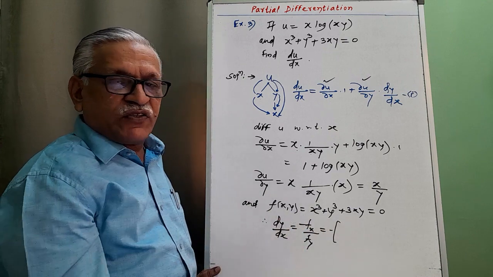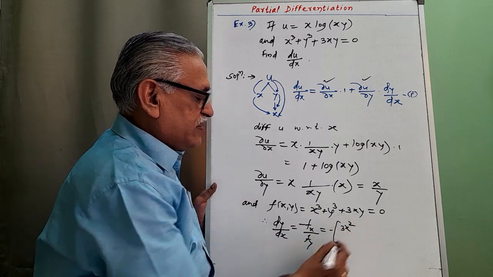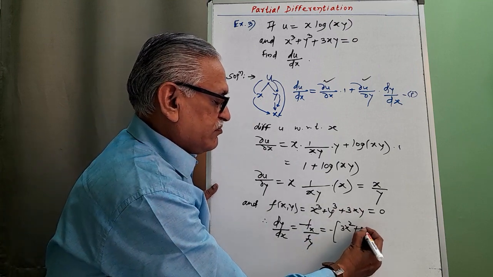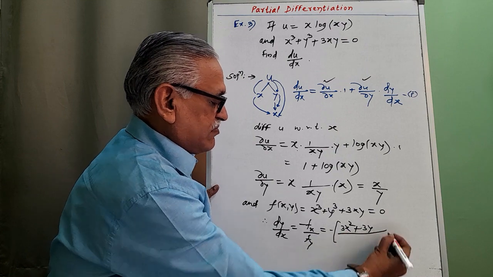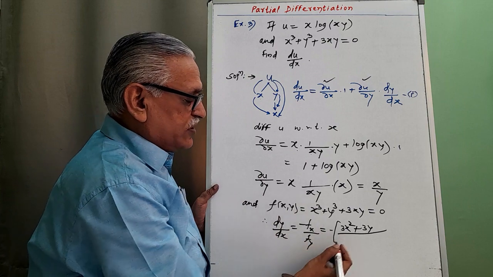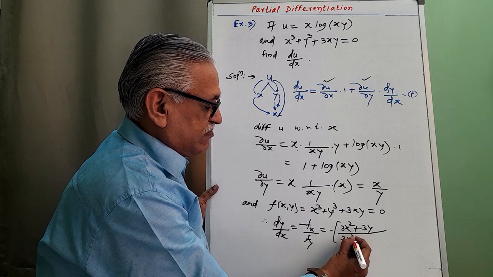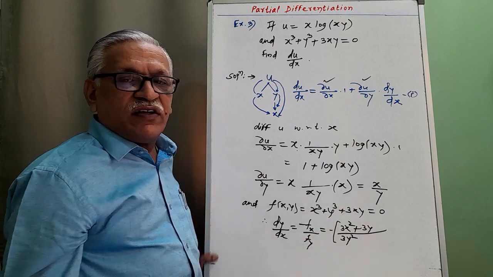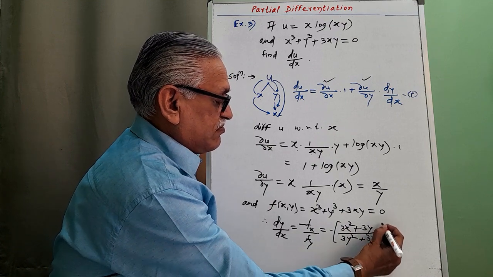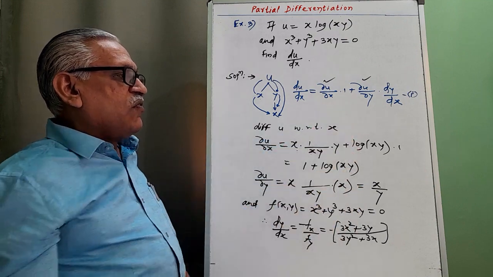Differentiating these three terms with respect to x, keeping y constant, derivative of the first term is 3x square, derivative of second term is 0, and derivative of the third term is 3y. Differentiating this with respect to y, keeping x constant, derivative of first term is 0, derivative of second term is 3y square, and differentiation of 3xy with respect to y is 3x. Therefore, substituting the three values in equation 1, we get,